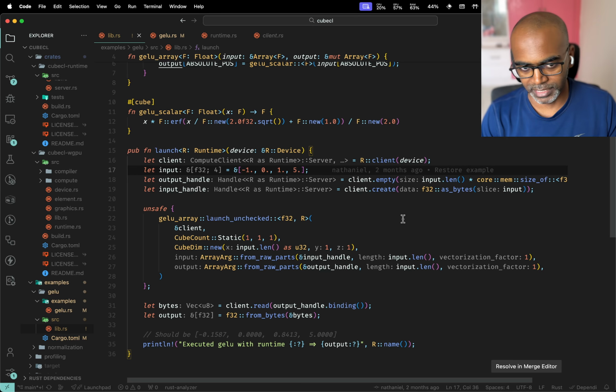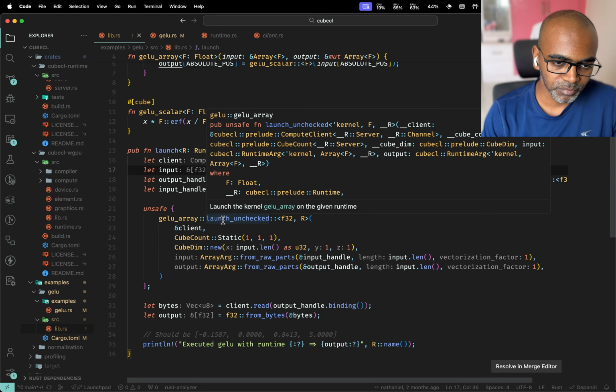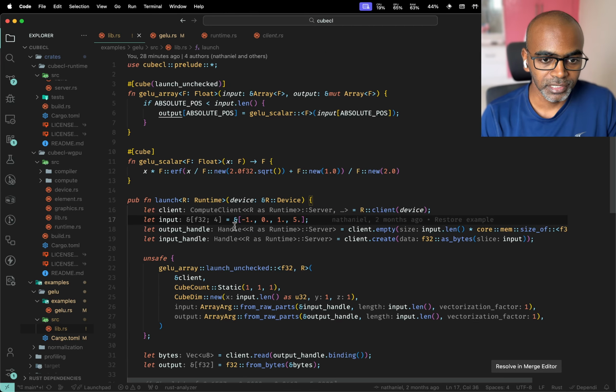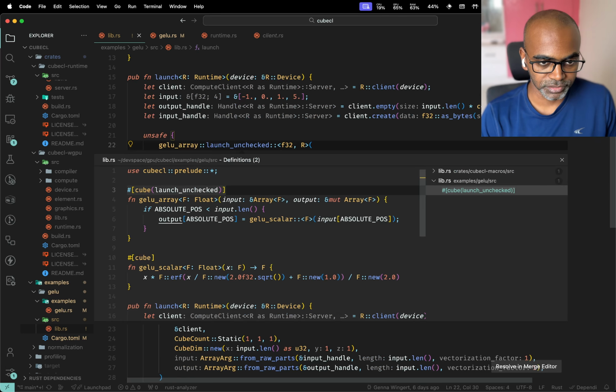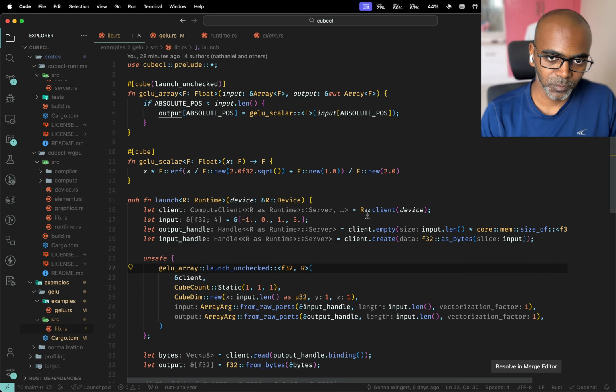That's pretty much what's happening. Now, the interesting thing that happens is you basically go ahead and call GELU array launch unchecked. And you don't see that function anywhere over here. Like when you try and jump into it, you don't see it anywhere. So I think we discussed this in the last stream where I simply went ahead and